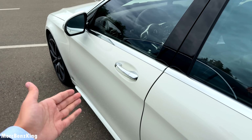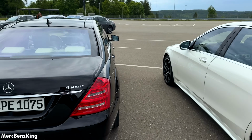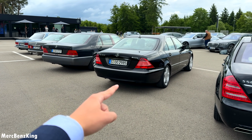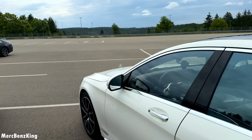Soft closing doors, of course, and that is what we also have in the newer generation in the W221, but not in the 220. It might be an option, but I'm not sure. This one does not have it. So let's have a closer look at the interior. We will start with the 222,